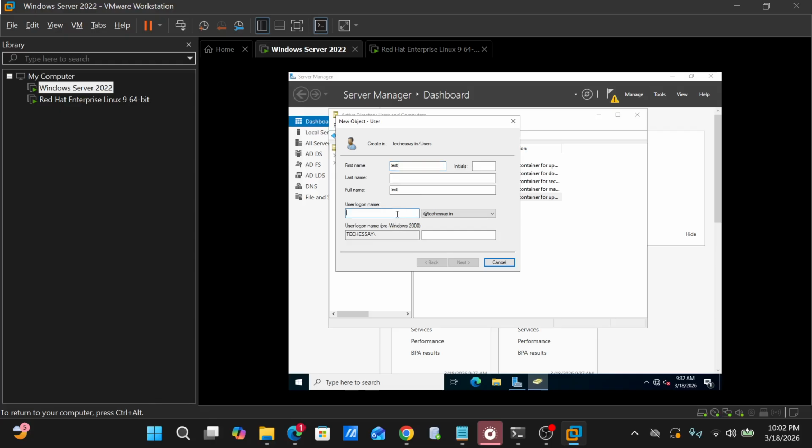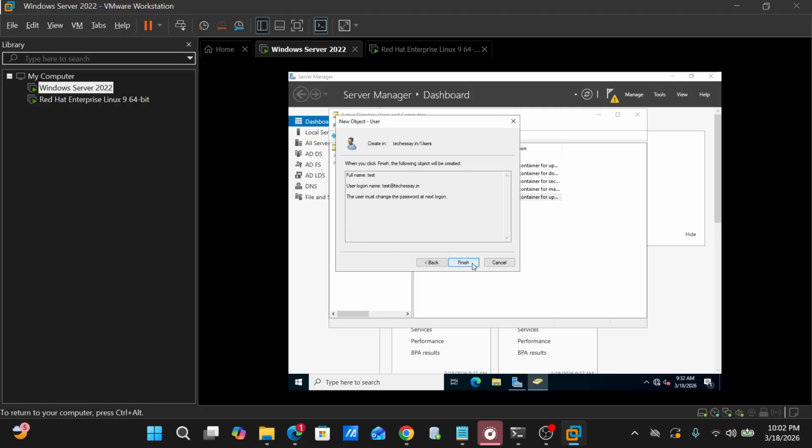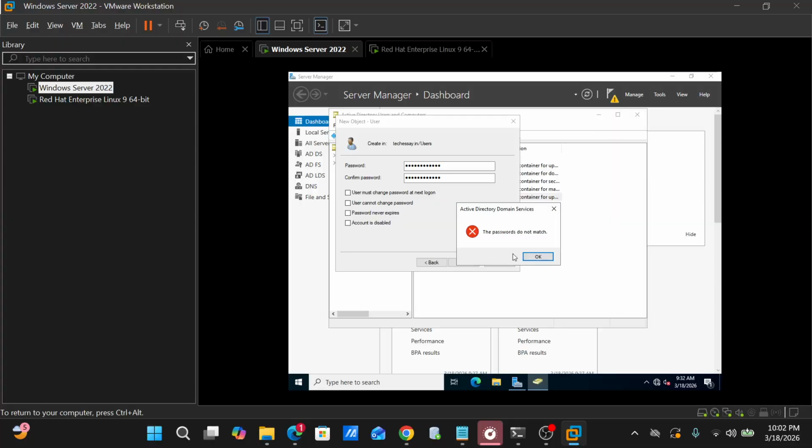Of course, here give the test, click on next, back, give the top password here, otherwise we will get an error. And the password should match the domain complexity. If you don't, it says they don't match. Okay,